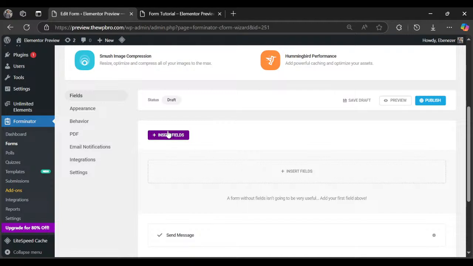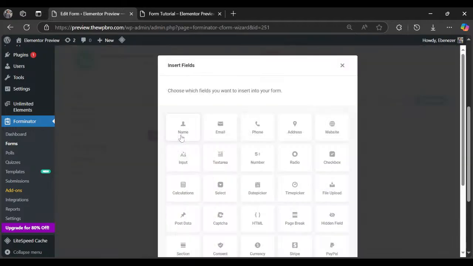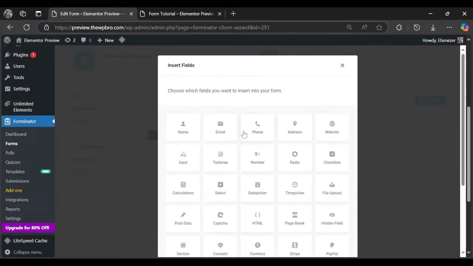Now you see, we have this purple button here that says insert field, and we can also insert the field through this gray one. Now click on insert field, and we can see all the fields that we're going to use for this tutorial, for this form that you want to build rather. If you want to add your name, email, phone number, address, websites, and so on and so forth, this is where you can add everything. Now for this tutorial, we're going to be using quite a number of fields. All right, so we're going to use name, email, phone, address. No, we don't need address. Let's just put in text area,